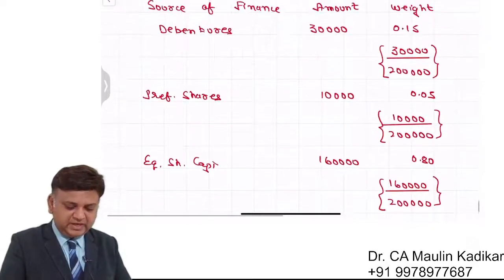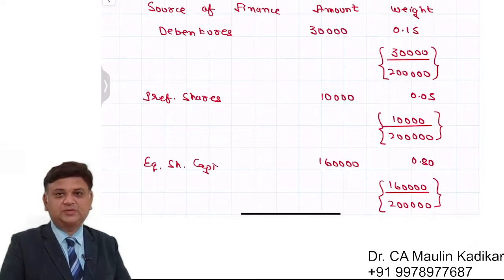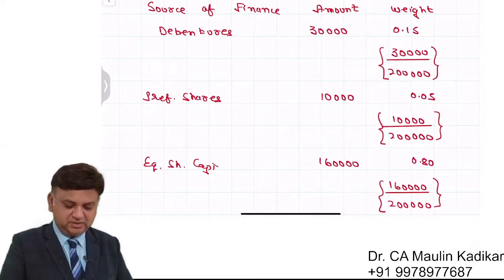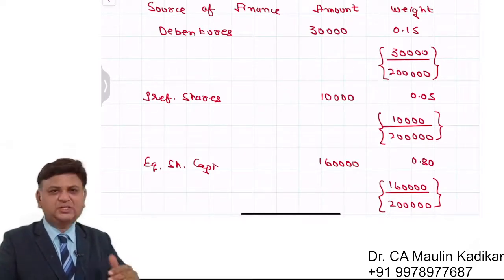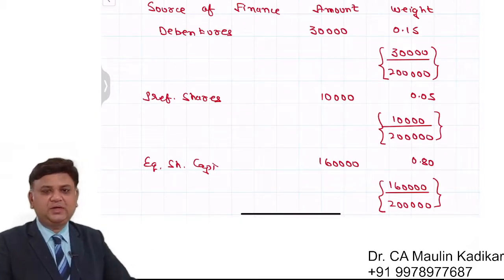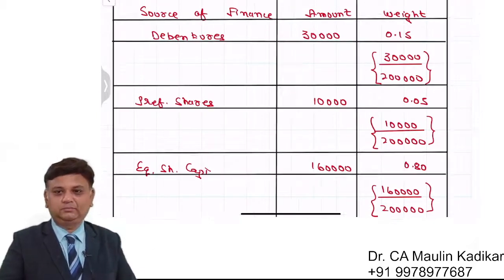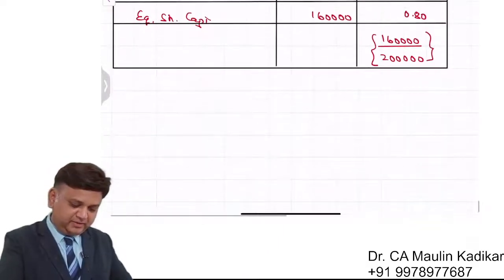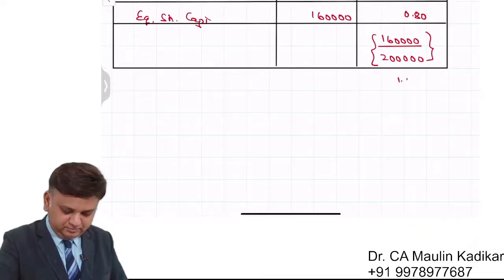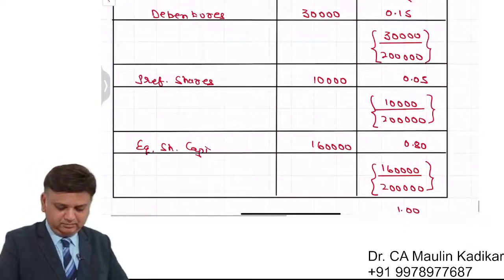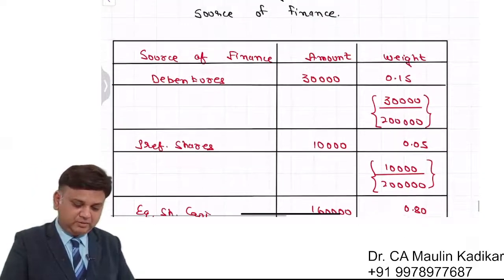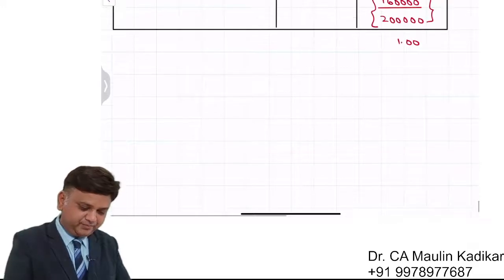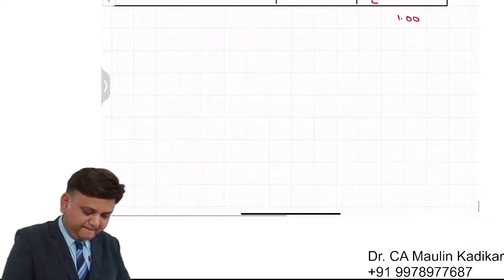This is the way we'll have the weight of individual source of finance in the capital structure. Afterwards, cost has already been found by us. We'll compute the weighted average. Yeah, total of all of them will always be 1. Okay. Next, calculation of